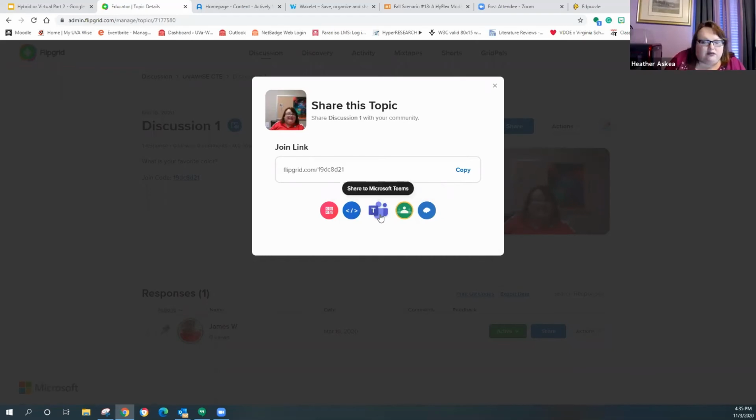If you're a Microsoft Teams shop, no worries, you can just share it there. If you're using another LMS, you can copy the embed code and put it right into your Canvas or your Moodle page. It works brilliantly. Or if that's too involved, you can just share a QR code that your students can scan with their device and then answer the question. Or I can just copy the link and put it right into my LMS or my lesson. And then what happens is when they click on it,